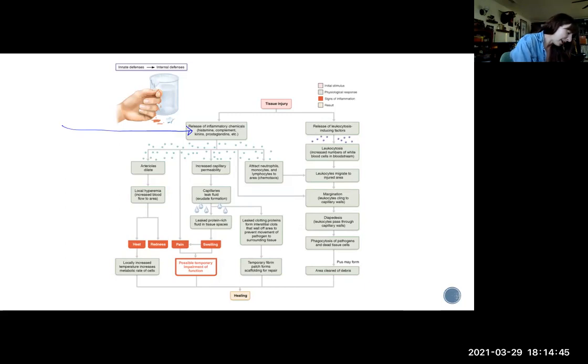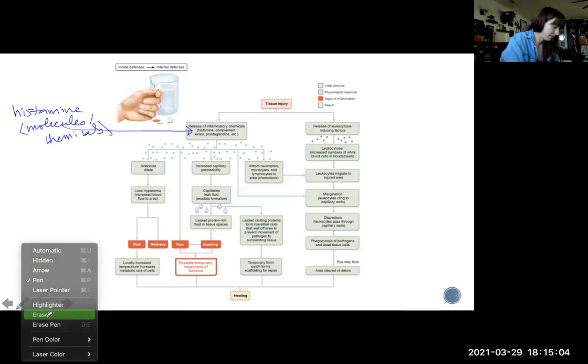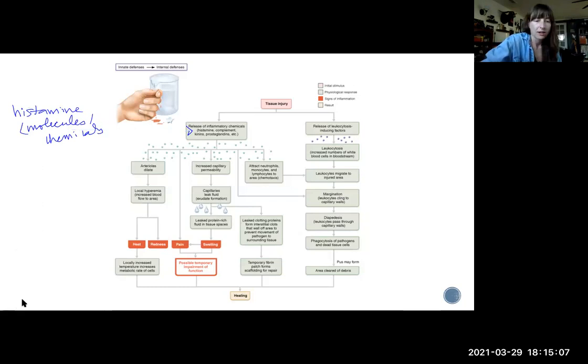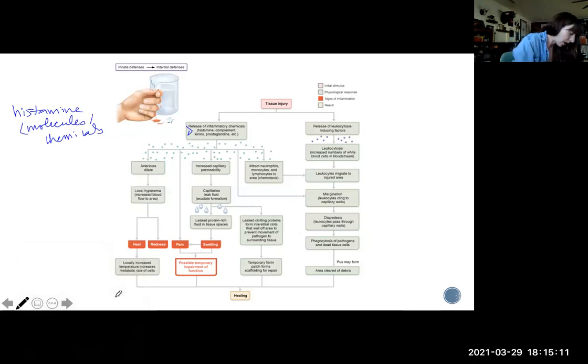So your histamines are basically molecules or chemicals that help with the inflammation response, while your complement proteins